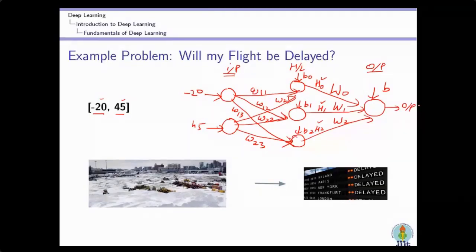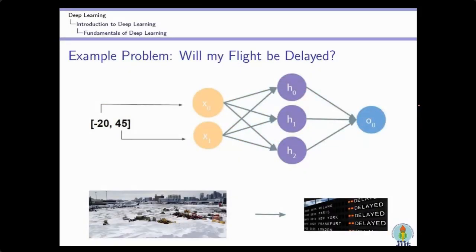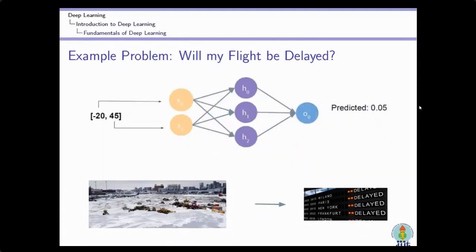So what is happening? Now you can see the architecture over here. I have this architecture where there are two input neurons in the input layer, one in the output layer, and these are the three hidden layer neurons. After I randomly initialize the weights and give this input sample, I got the output. Let's take, for example, the output is 0.05. This is the predicted output by my system when the weights are randomly initialized.